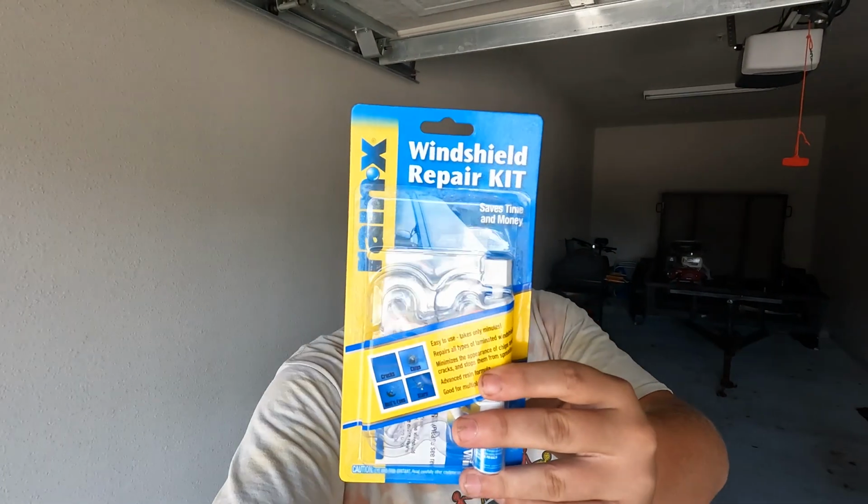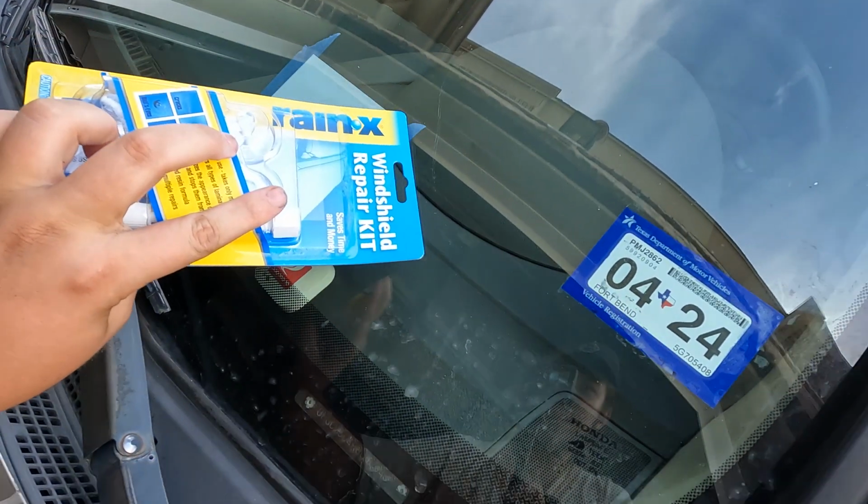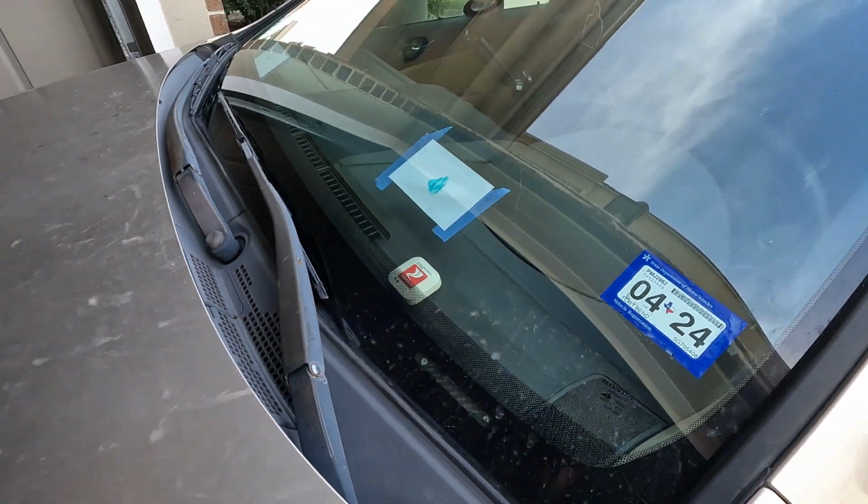Today I wanted to give you all a quick tutorial on how to use this windshield repair kit from Rain-X. I've used it before. If you can see right here, I got a little crack in my windshield that I patched up. Doesn't make it invisible, but it definitely keeps it from getting any worse and potentially having to replace your whole windshield. So we got two little chips that we're gonna be working on today, but first, let's see